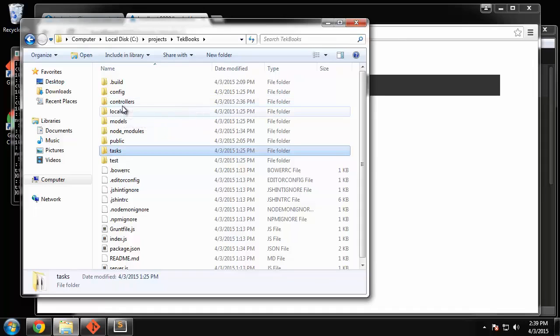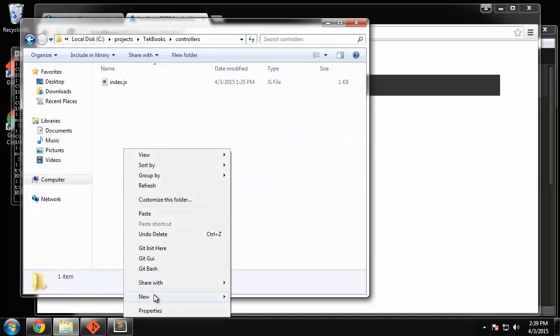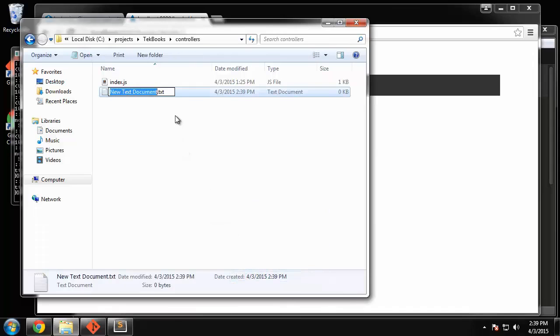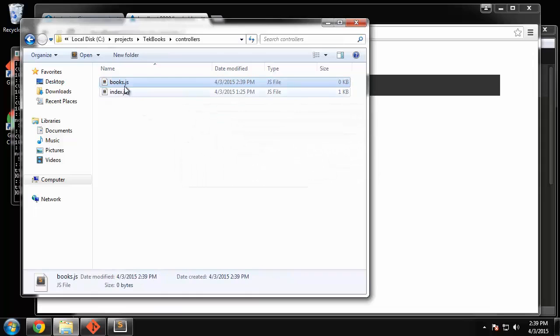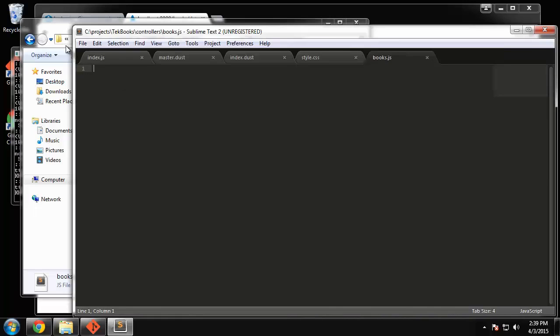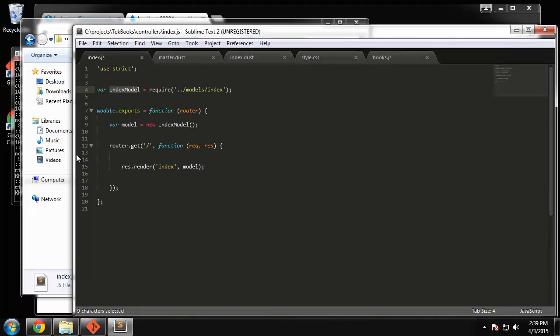And basically, to create a book's route, we need to create a book's controller. So I'm going to create a new document in the controllers folder called books.js. Alright, and if we open up that and open up index.js, just so you can see the format, we're going to use this module.exports, and then we're going to set up the route. So this is route get, and then basically the home page, and then we're rendering the index view. So I'm going to just copy that,